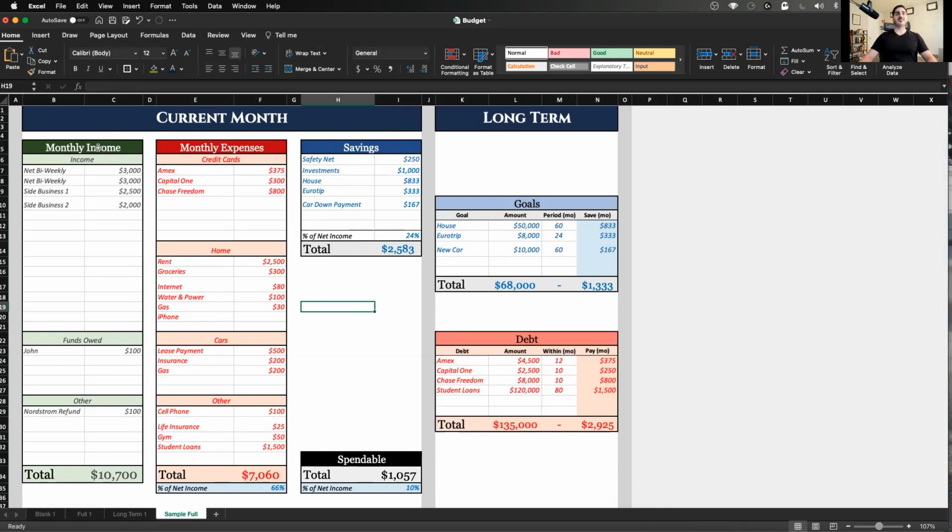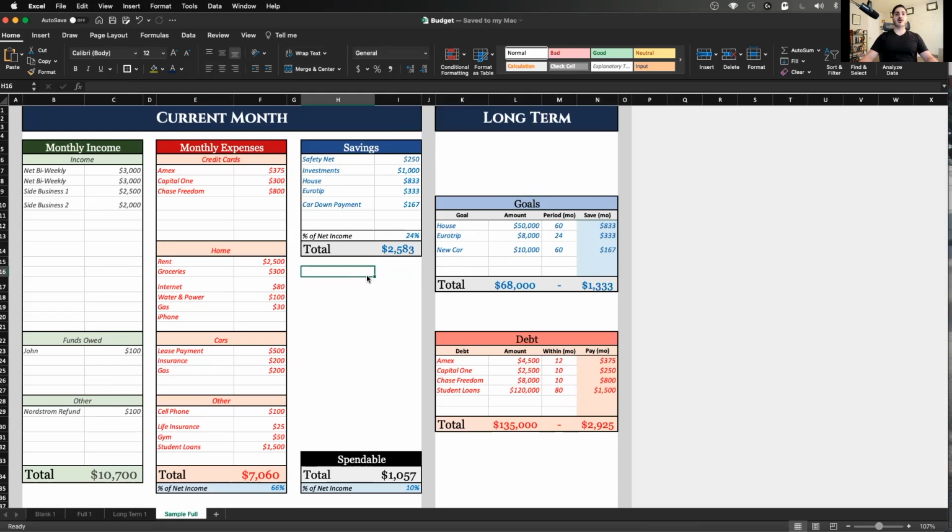On the spreadsheet, I just want to mention that anything that has a highlight and a number, for example, the bottom totals here, the percentages, and on the right side, the long term, the save per month, and the totals, if it's highlighted and it has numbers, don't mess with that cell. Don't change anything there. And the reason for that is these have calculations in them. And if you mess with it and you don't know how to use Excel, you're going to lose the calculations that are preset for you.